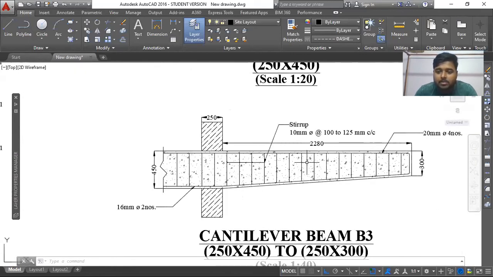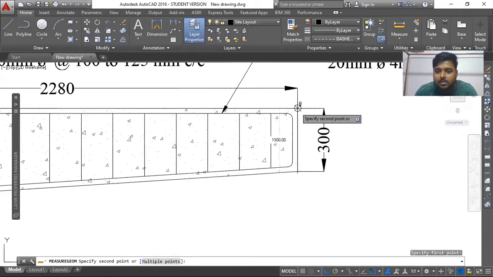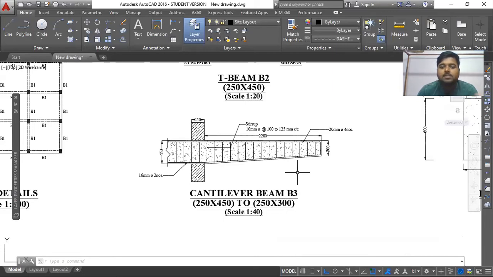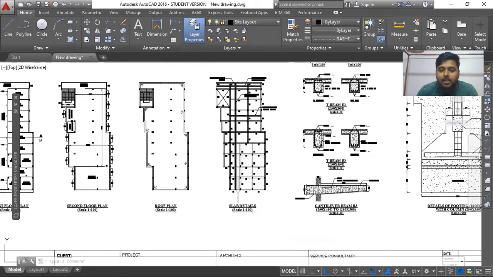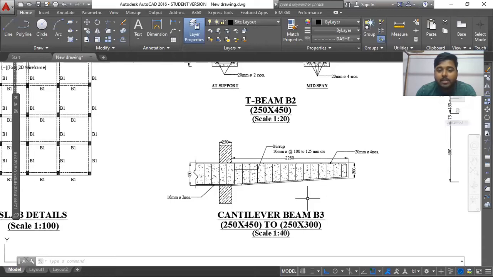No, this is not in actual dimension. Let me show you the proof. See, this particular side is shown as 300 millimeter. Just see how much it is showing: 1500 millimeter. That means this particular element has been scaled up 5 times. Yes, sir. Yeah, obviously, because this is a beam. If you show a plan in this much size, you can imagine how a beam will look, a very tiny small piece, so it will not be visible. So I have to scale it up 5 times. That is why this particular thing has been reduced to 40.